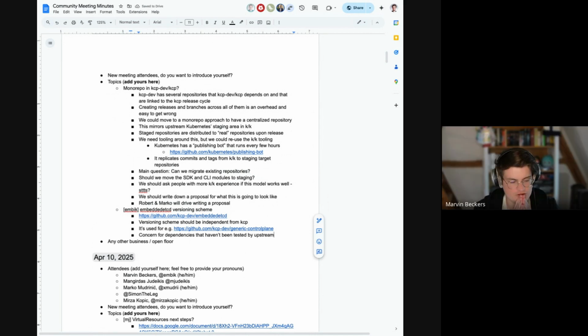So the question here is, okay, where's this used? Basically, the problem is the etcd clients that the embedded etcd is pulling in, at least effectively.